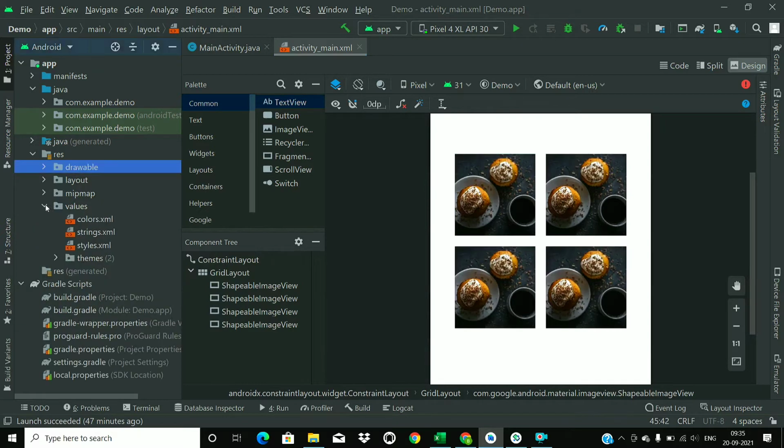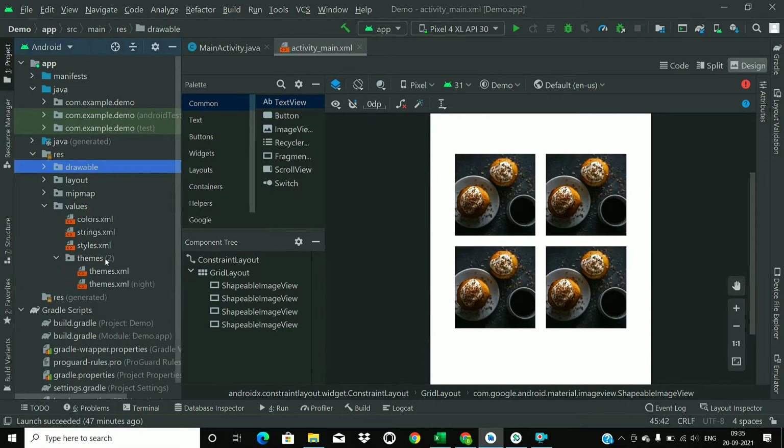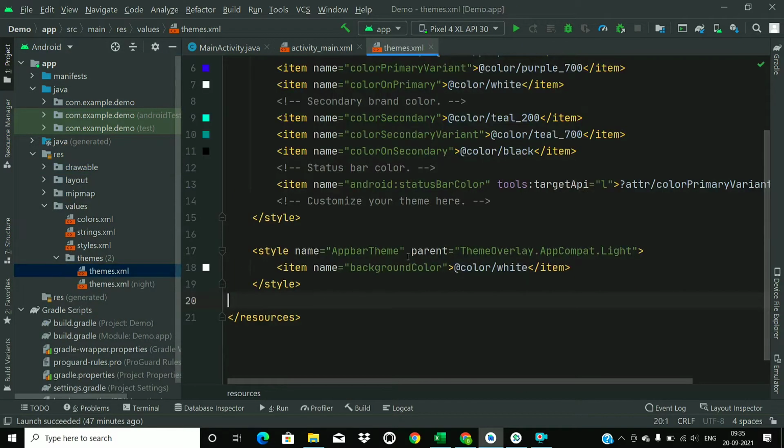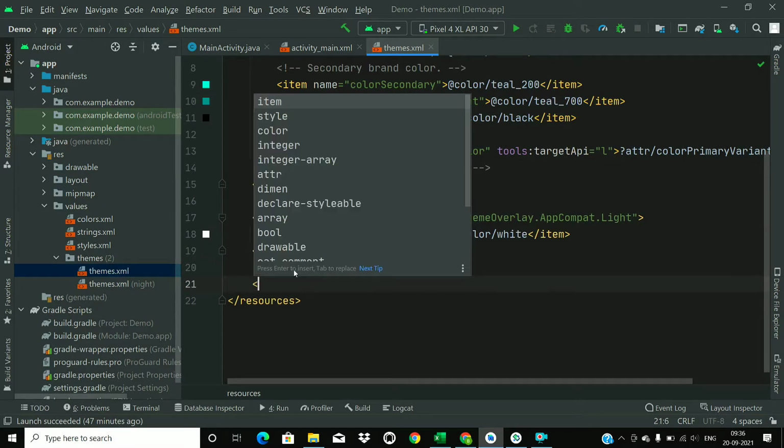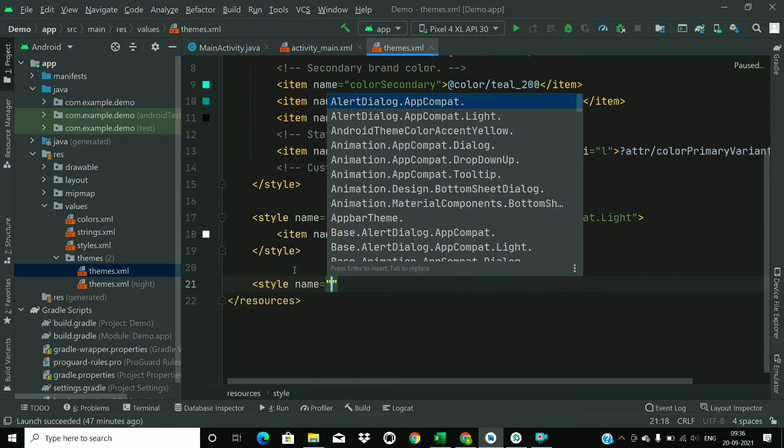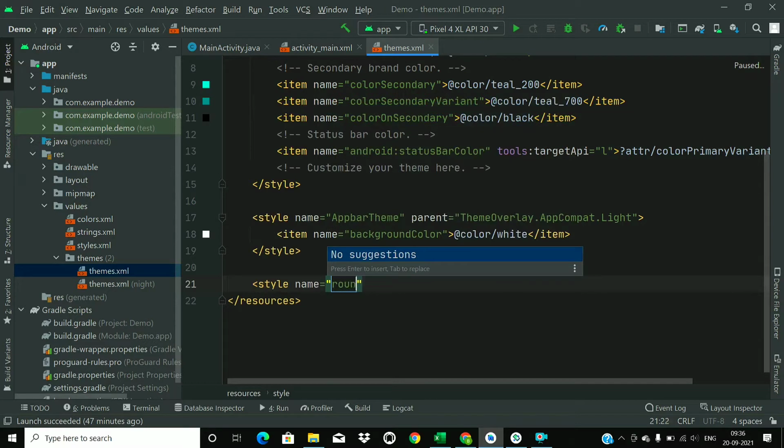Now just go to values and themes.xml, and in the resource tag, add a style and I will name it rounded image style.